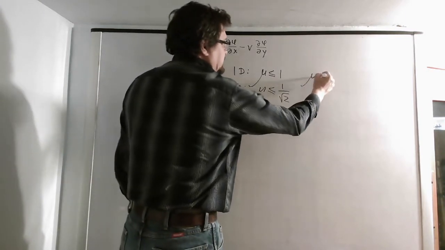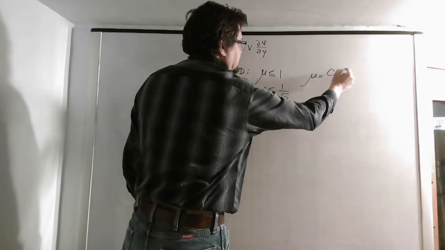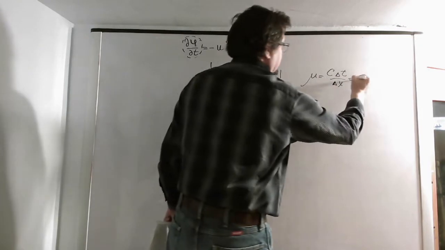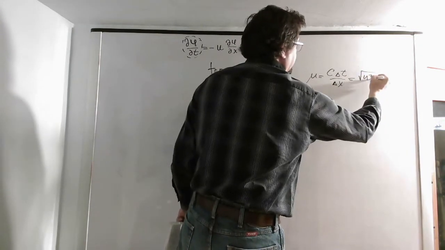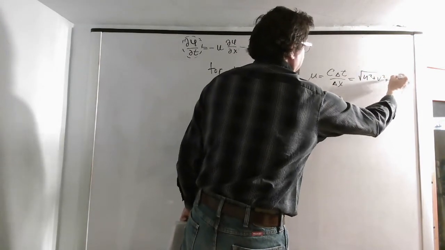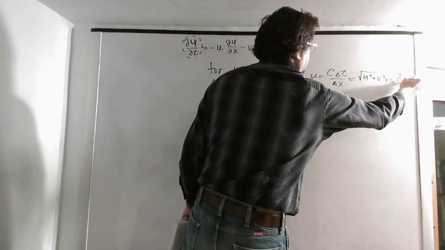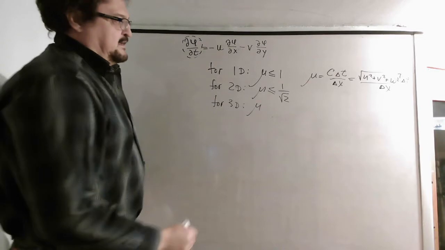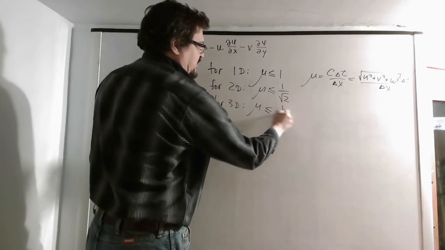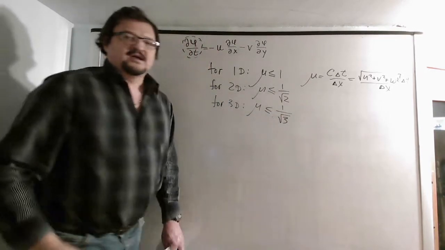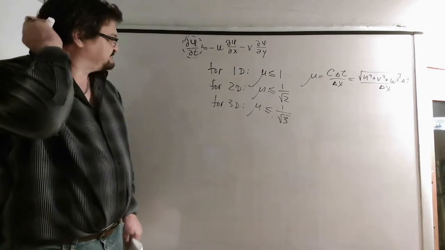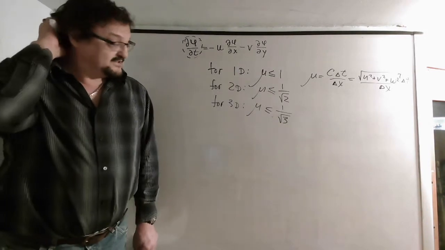So mu equals c delta t divided by 2 by delta x, or square root of u squared plus v squared plus w squared, delta t divided by delta x. And so for 3D you will have 1 over square root of 3. So each time you get more and more restrictive time steps. This is very unfortunate because